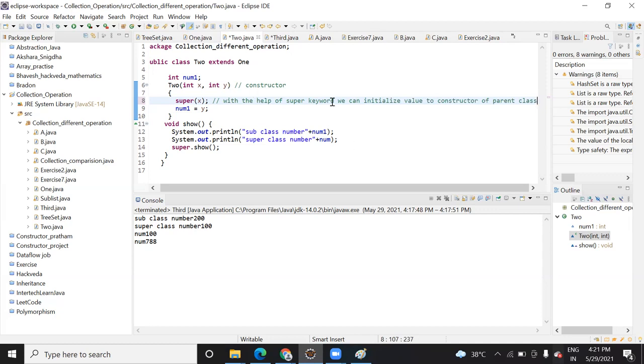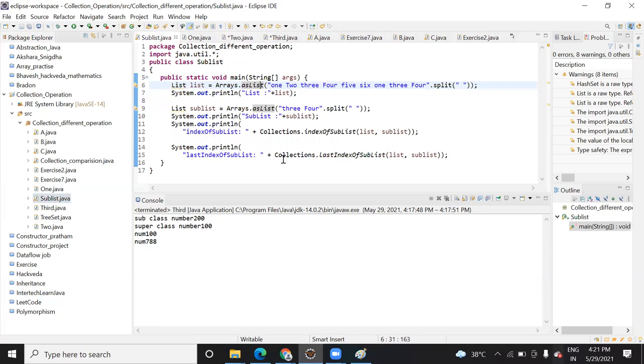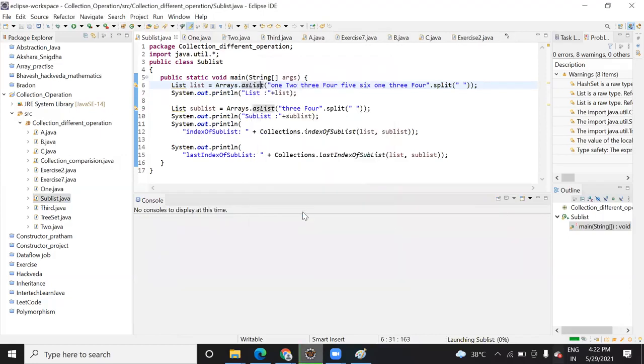Now there is one more program. Sublist. Suppose you want to get the element of a sublist. Suppose you created one list, and first let me run this and then I can explain.